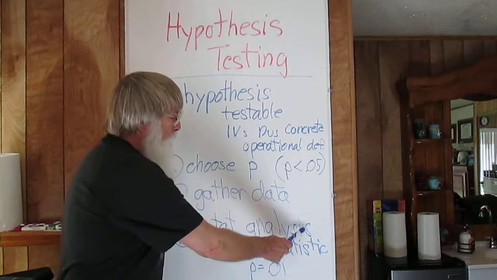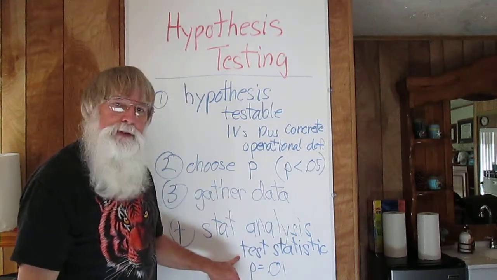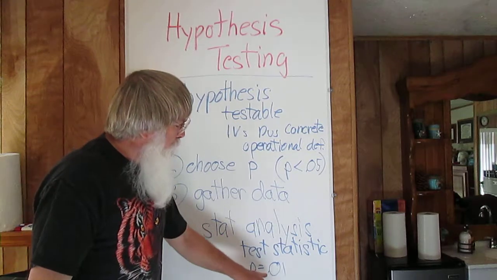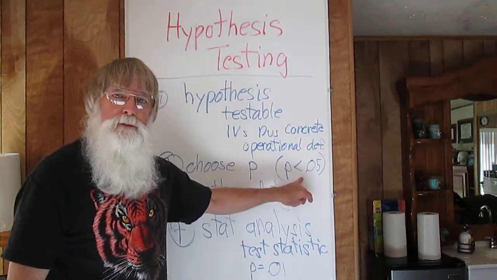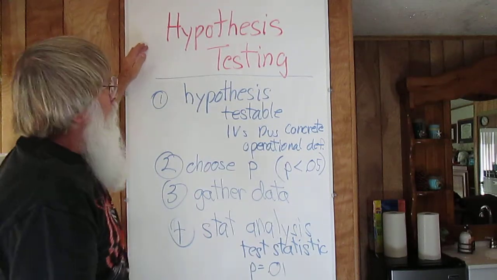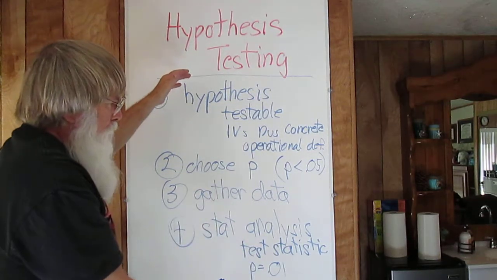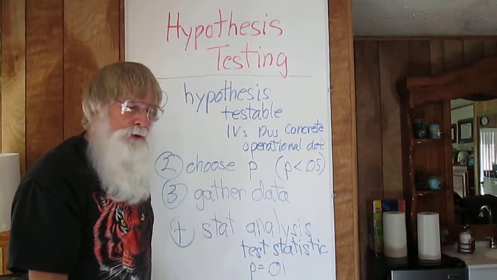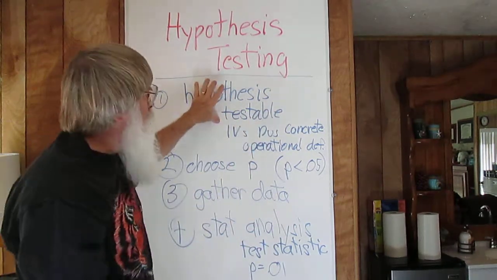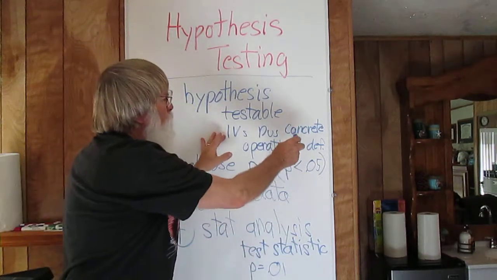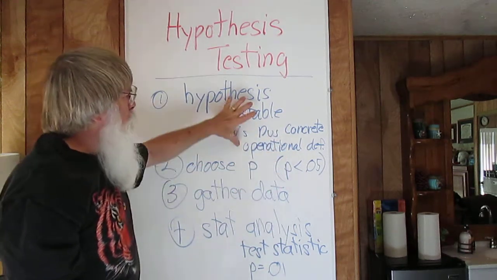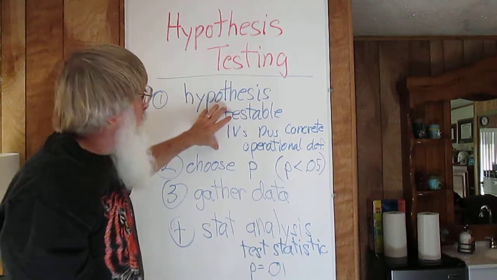In other words, he's hoping that his statistical analysis will yield a test statistic, with an associated p-value, that will be less than the chosen level of significance in the experiment. Okay, so this is the process of hypothesis testing. And if you understand the steps of this process, you can take any piece of quantitative research. You can dig into the hypothesis, see whether the general hypothesis is made into a testable hypothesis with concretized independent variables and dependent variables, with operational definitions. You will be able to make comments on this regarding